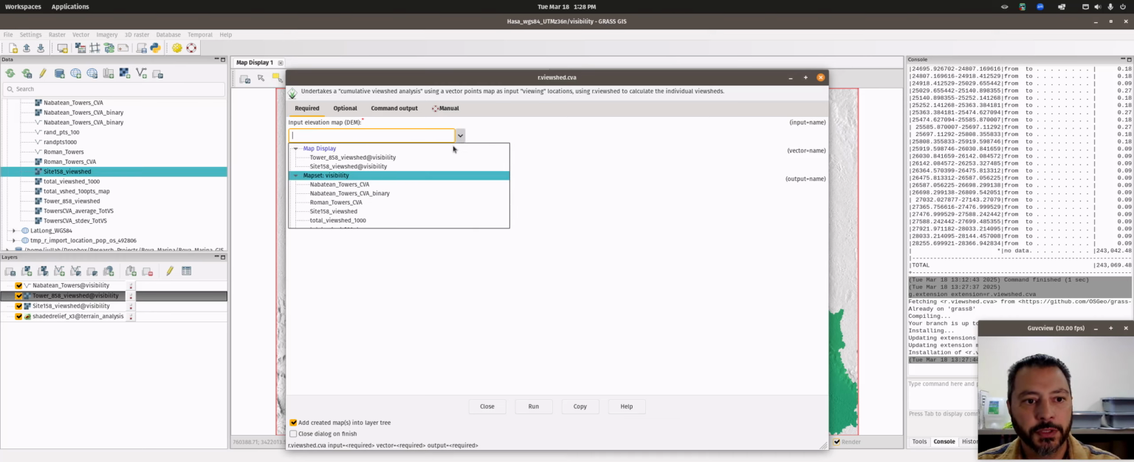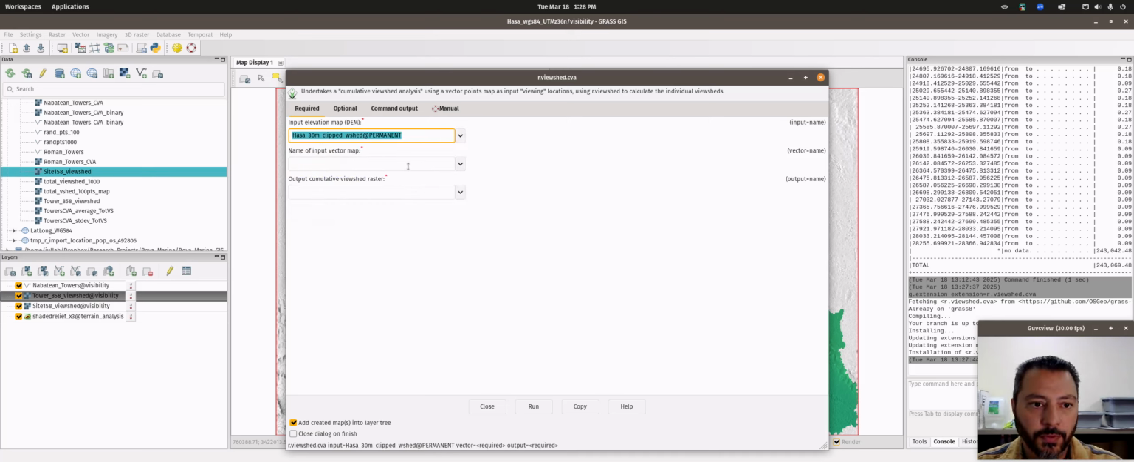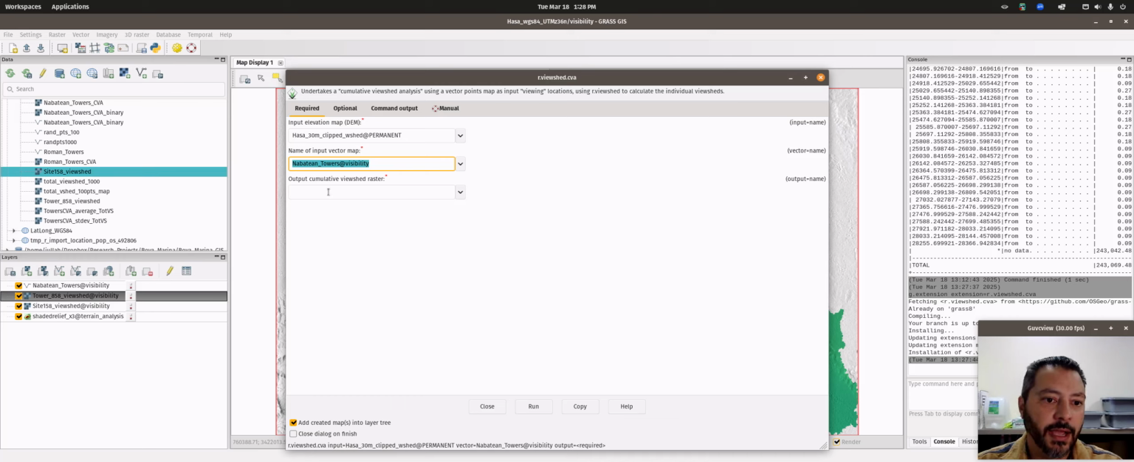So again, you need the input DEM. This could be the same one that we used before. And then you need an input vector map. So you need site points, viewpoint points. If you're going to do the top of peaks or something, you need to generate that as a points map first, because this is going to loop through all the points, generating a viewshed for each one, and then stack them together. So here you can very quickly just put in the Nabatean towers, and then you can create the output